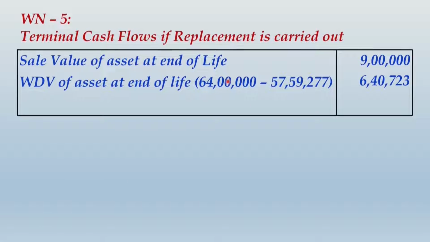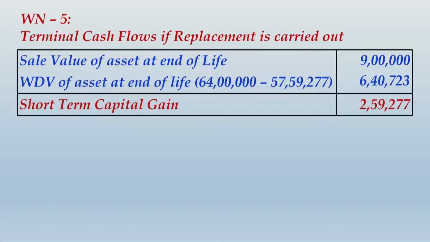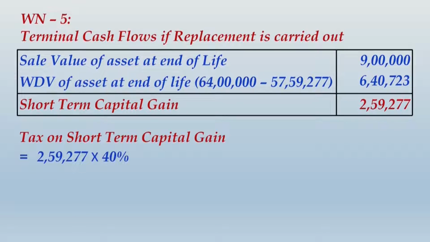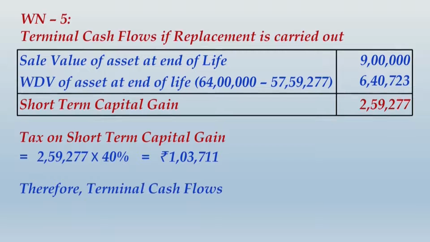From the revised balance of block, you subtract the cumulative depreciation over the next 8 years, and you get this as your WDV. Now you see that you are able to sell that new machine for 9 lakhs, whereas its WDV was only 6,40,723. So you get short-term capital gain over here, and you will be considering the tax outflow on this short-term capital gain at the rate of 40%. So your terminal cash flow will be this recovery of 9 lakhs minus the short-term capital gain tax that you might have to pay. The terminal cash flow will be the net of these two amounts, that comes to